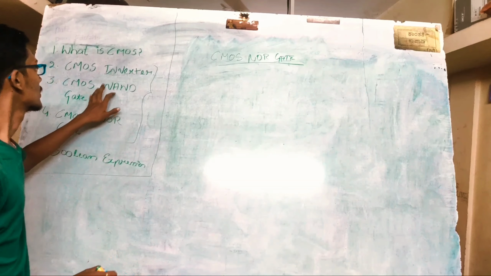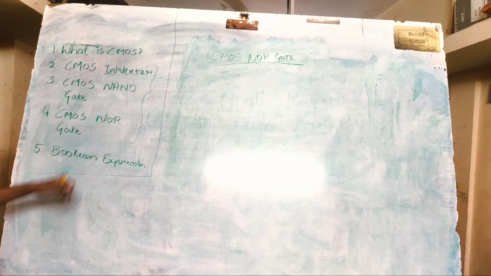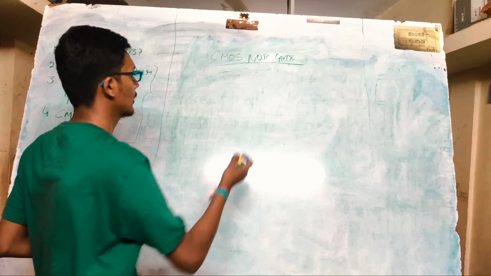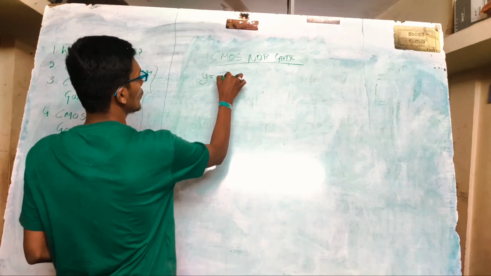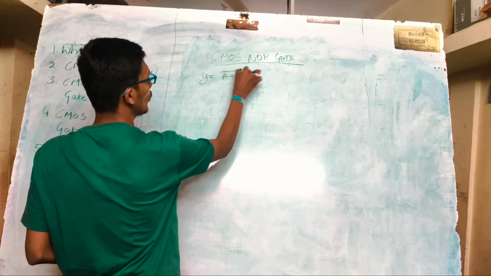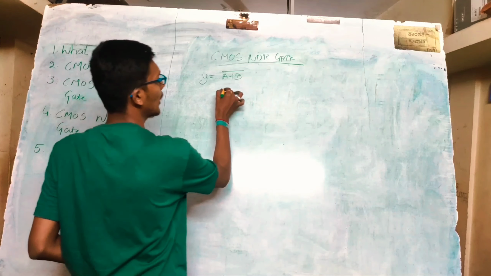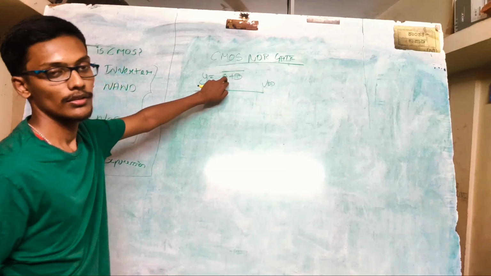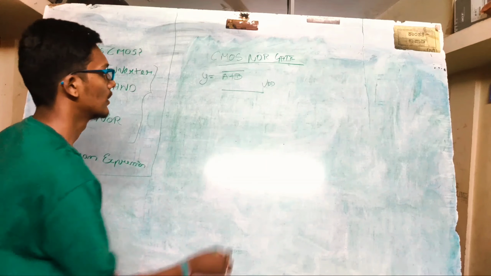So we have seen the CMOS NAND gate implementation. Now further we will move to CMOS NOR gate implementation. It is the same as NAND gate, just the operations will change a little bit. So fine. What is the Boolean expression? Y is equal to A plus B whole bar. According to this, we will implement a circuit. I have my VDD. For the OR operation, from basics, we know that PMOSes will be in series and NMOSes will be in parallel.